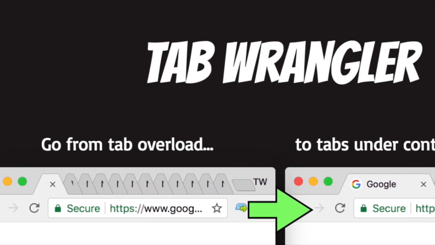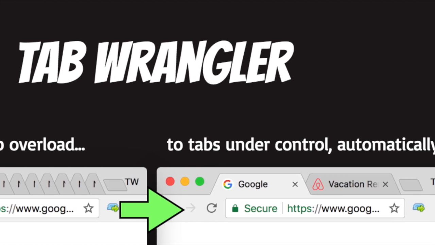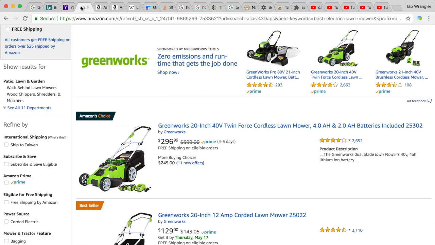This is a demo of how Tab Wrangler can free your mind of tab clutter and make you feel like you're in control of your browser rather than those million tabs being in control of you. So if you're anything like me, right now you have a million tabs open, and this YouTube video is probably one of them. And I mean, look here, I have tabs from when I was researching this electric lawnmower last